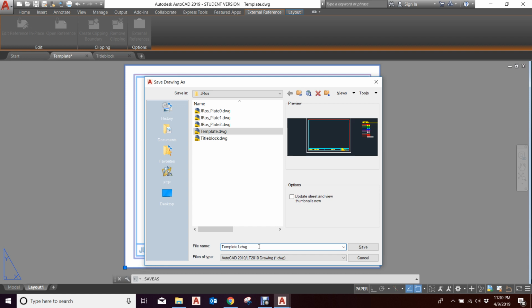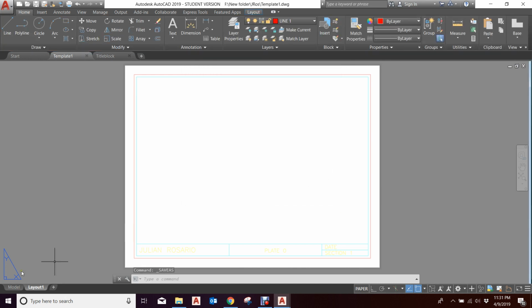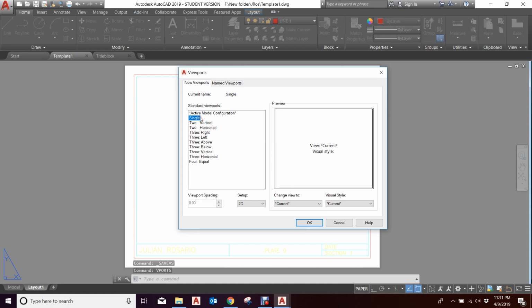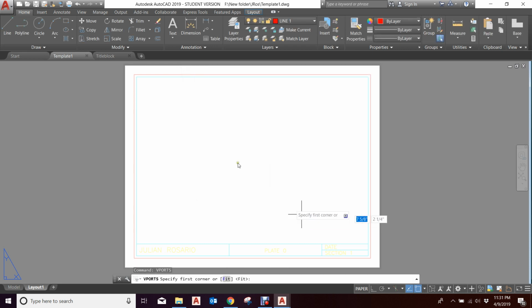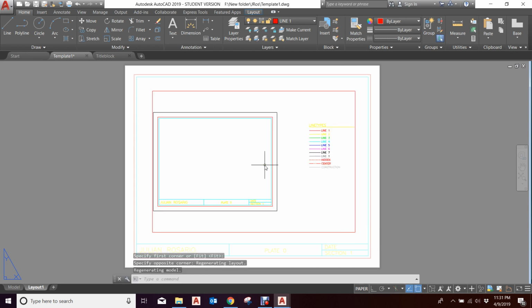Okay. So with the viewport, if we're going to create a window in here, that's called a viewport. We type in V and then port, and just hit the single because we just want one. Okay, and it'll ask you to specify a first corner of the window, and the default will create a window all the way to the extent of what's drawn in the model space. So this is actually the model space